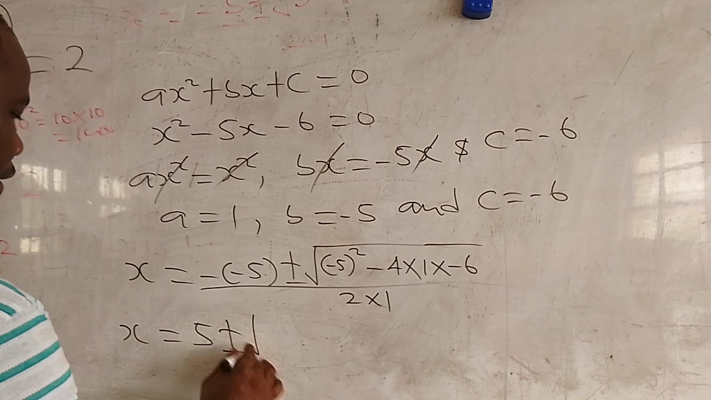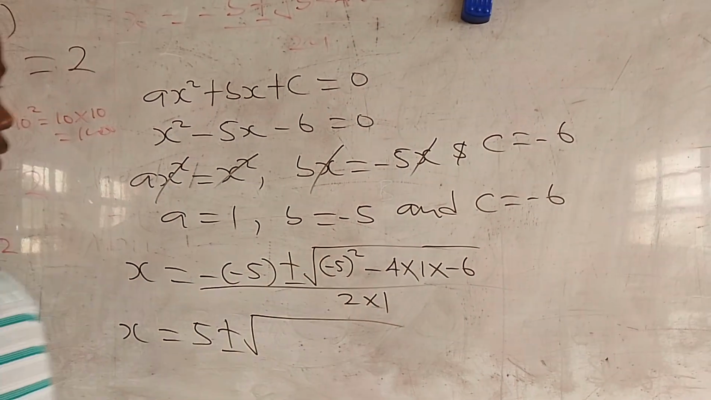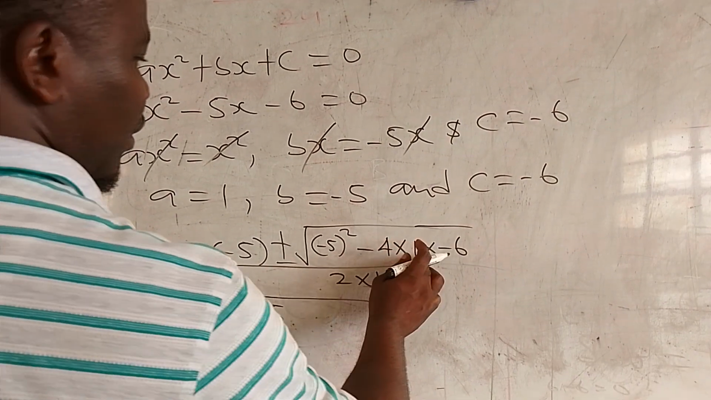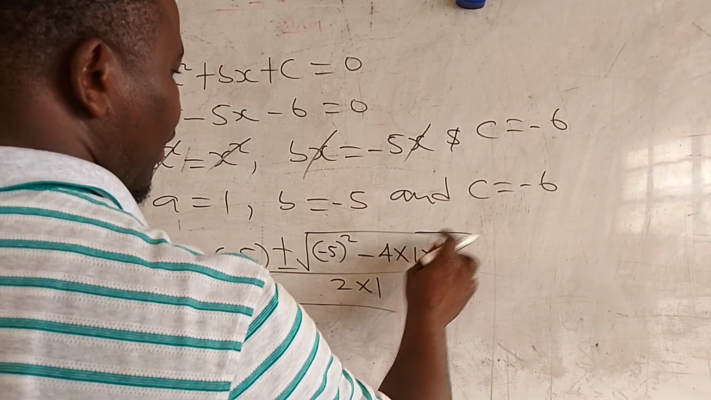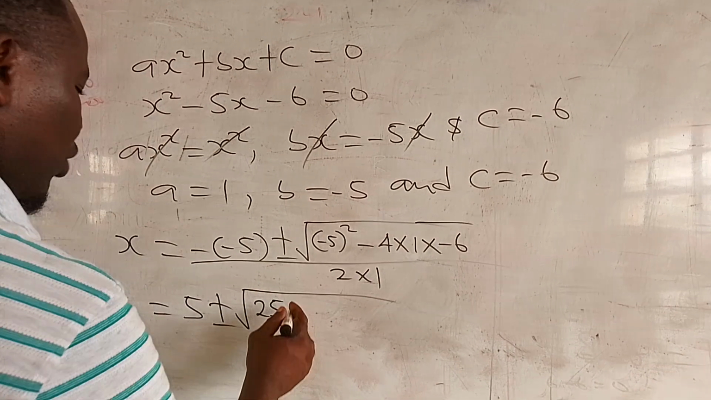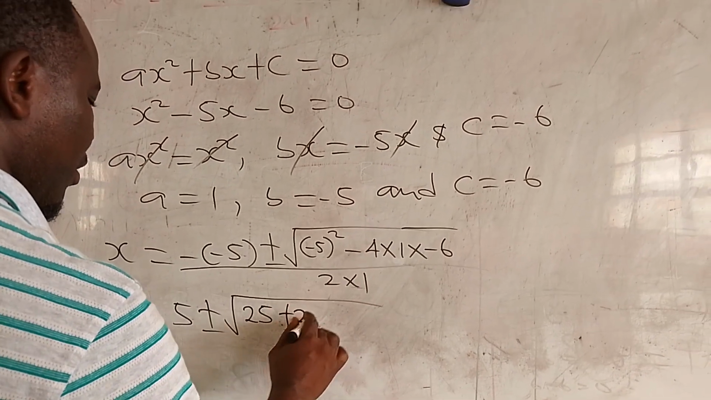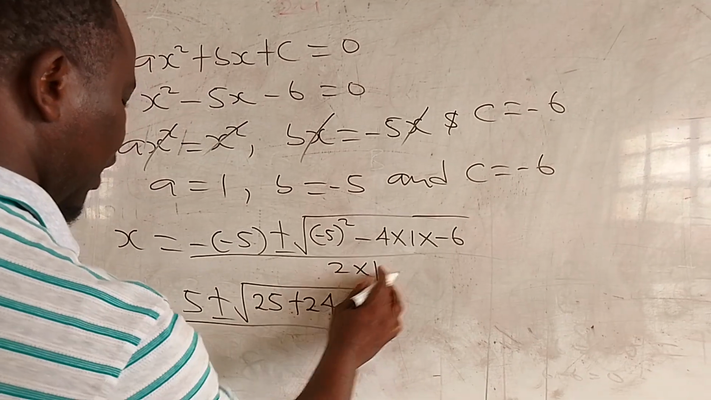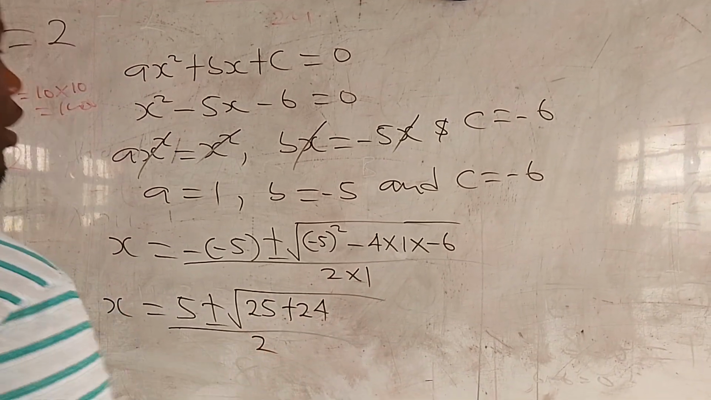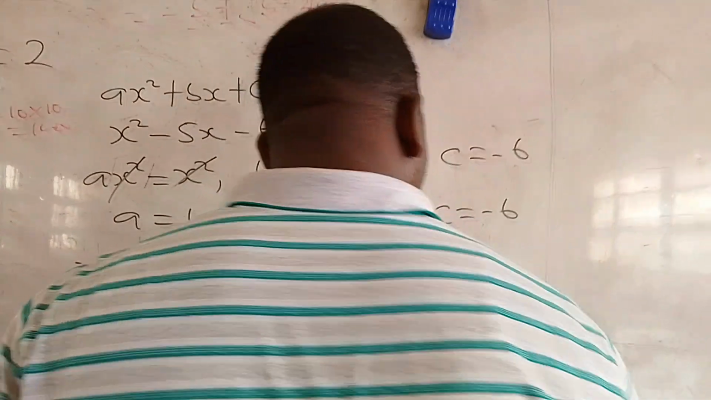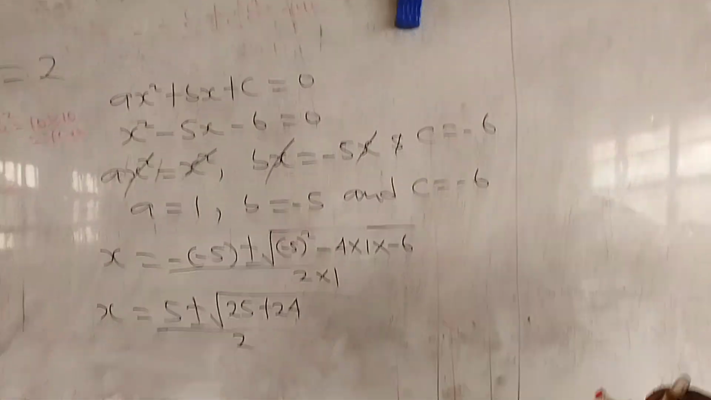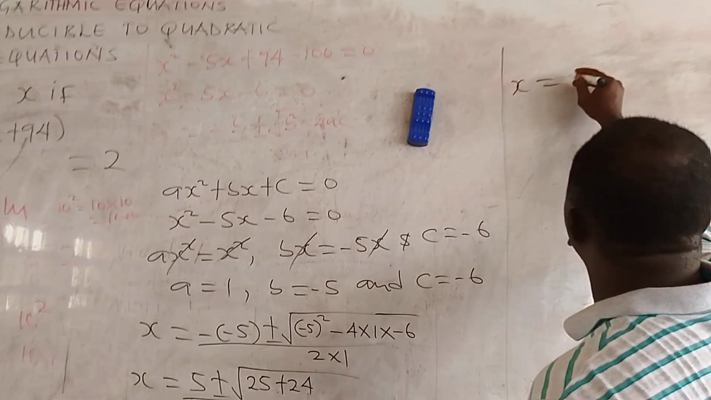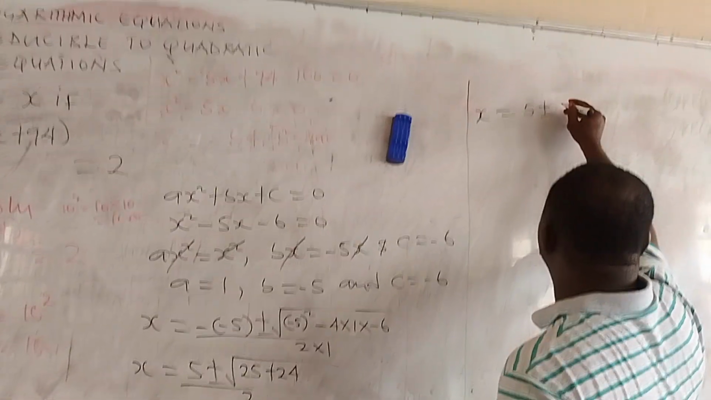So plus or minus, then take note, the square root of minus 5 squared will give us plus 25. Then minus 4 times 1 times minus 6 will give us plus 24. Plus 24, all over 2 times 1, which will give us 2. Okay? Are you seeing what I am saying? So our x is equal to 5 plus or minus,